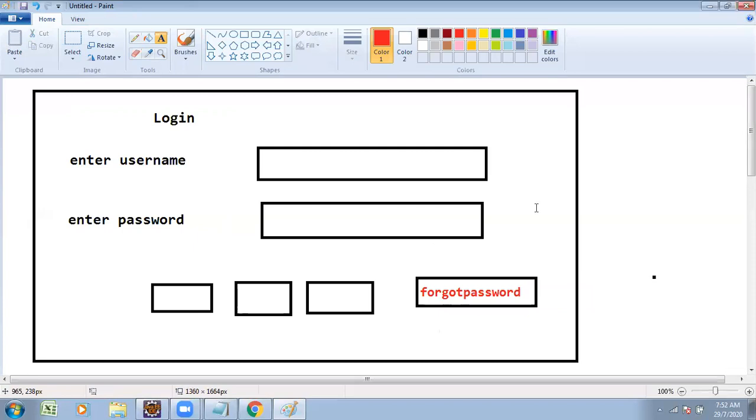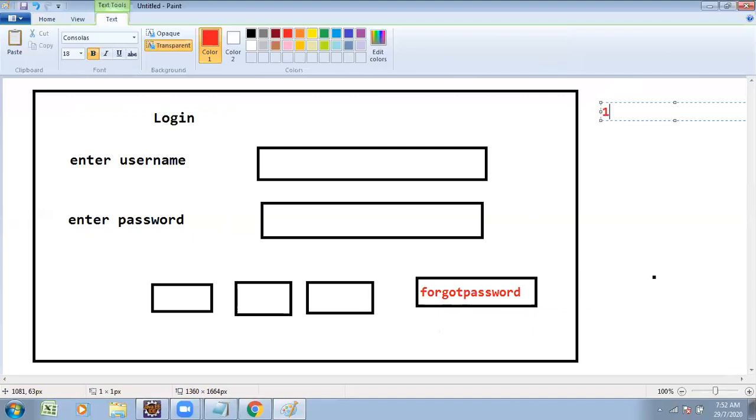If you want to reset the password, what procedure are we going to follow? It asks twice to enter the password. A secured password is required, and for that there are some conditions. Password length must be 8 to 15 characters. That is the first condition.